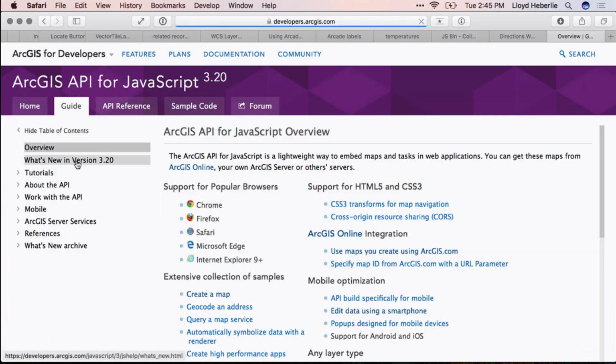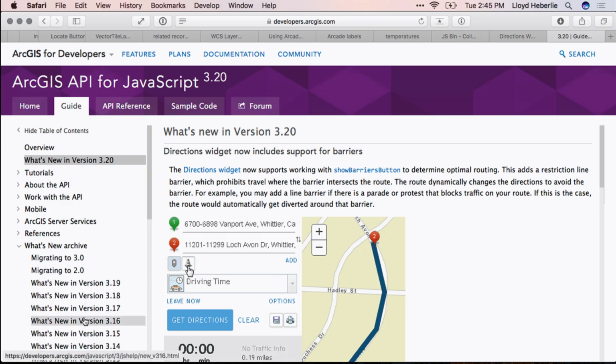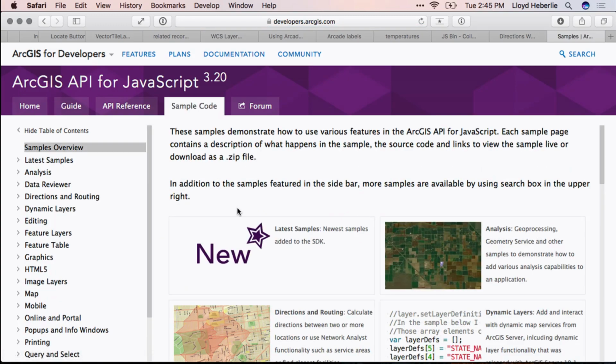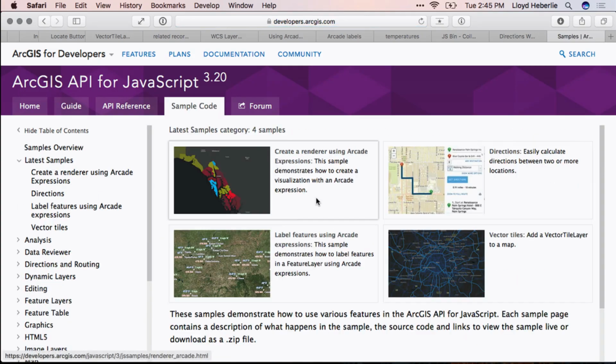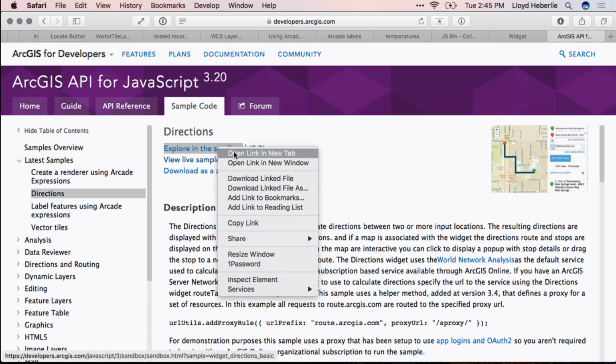As I mentioned before, you can always find the latest release information in the What's New. And then all of the other archived information is in the What's New archive. We've also done some updates to the samples. So we added this, the Explore and the Sandbox has always been there, but we added this Jsbin. And recently we've done some work